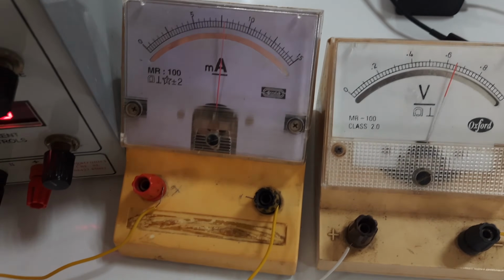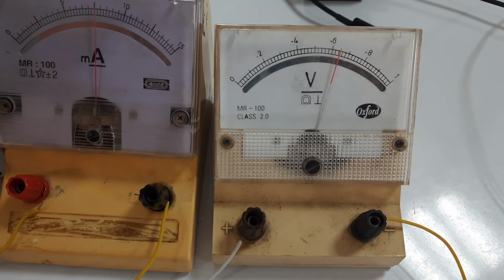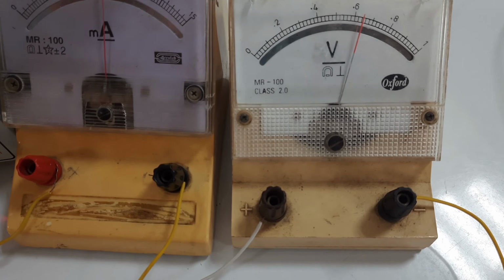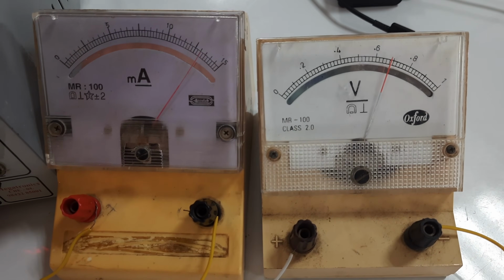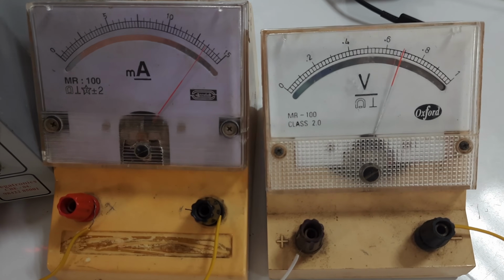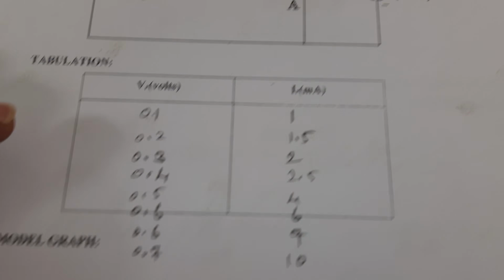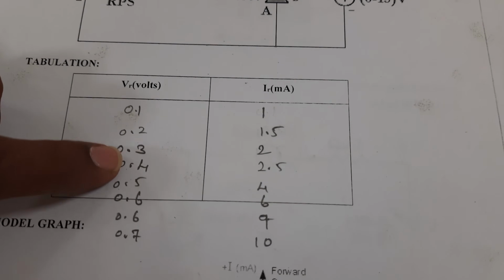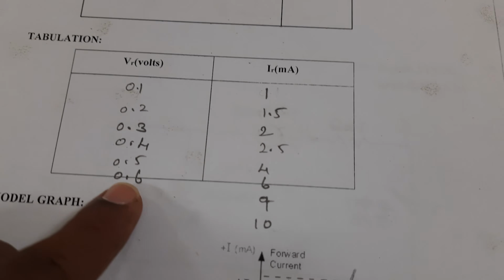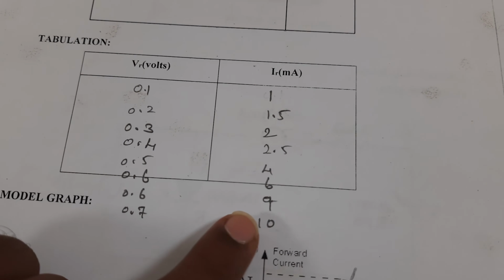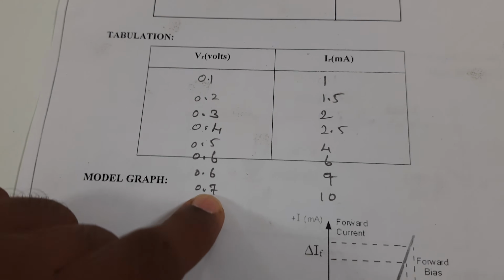Now I am keeping after 0.65, the voltage will stop at this position. After that the ammeter reading will increase towards the maximum current flow. This is the tabulation of the readings which we have taken from the meters. See, as the voltmeter reading increases, the current flow increases slowly up to 0.6 only. The current will suddenly increase after the cutoff region. The voltage will be maintained at 0.7 volt itself.